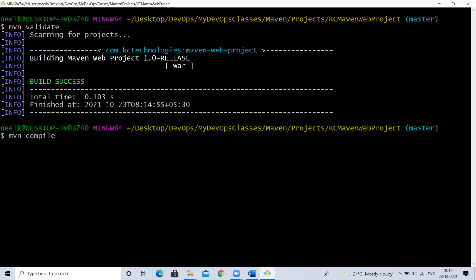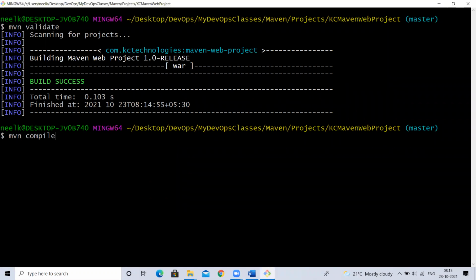I explained, right? Maven compile. Sorry, Java compile. What will happen if there are any .java classes? Those files will be compiled and .class files will be generated for them. Yes or no? If there are any Java files, .class files will be generated. Yes or no?